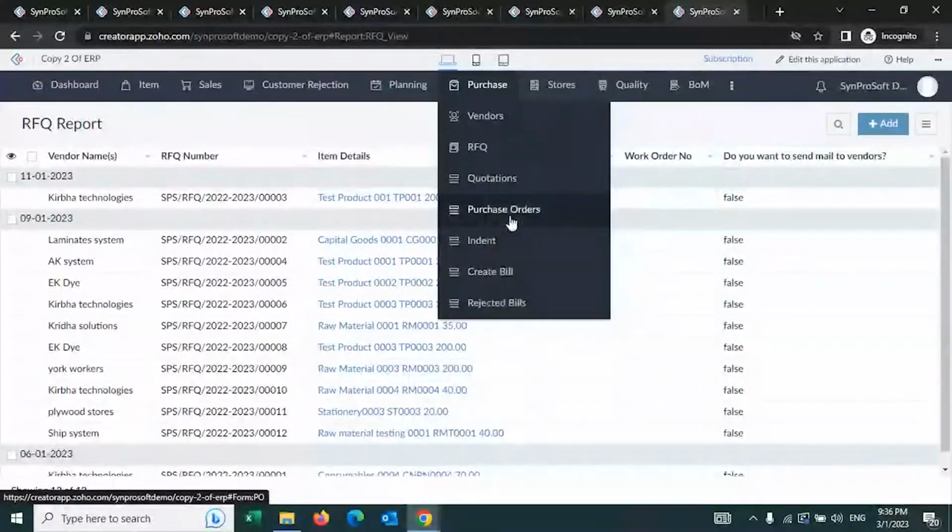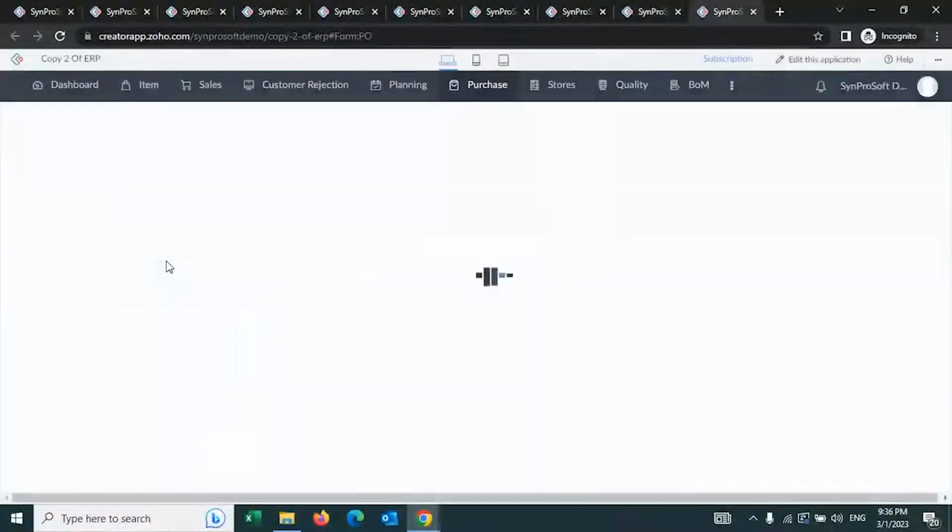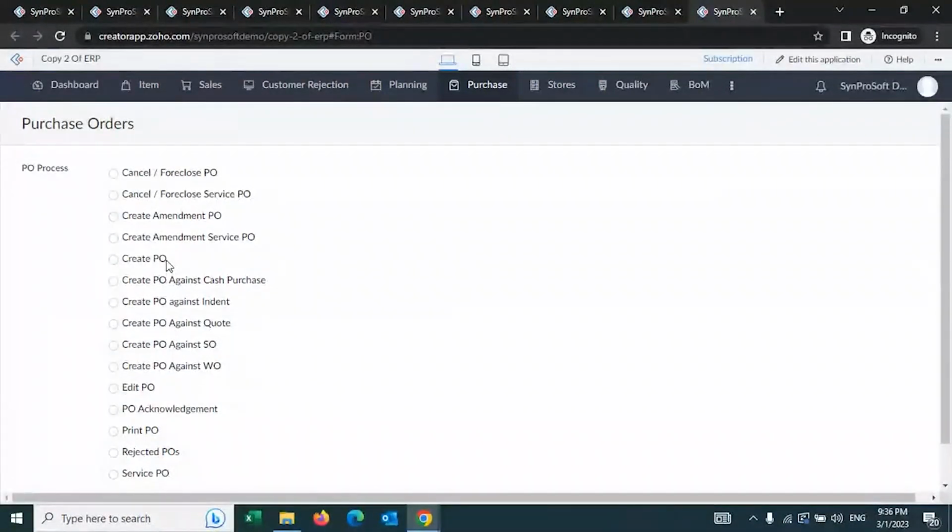Now I will move to the purchase orders. You have multiple combinations of purchase orders which you can create in the system. As you can see here, regular PO you can create in the system. You can create a purchase order against a material request or indent, which is used in the manufacturing parlance. Somebody creates a material request. I would like to buy 5 laptops today. I will first create a material request. You go for an approval.